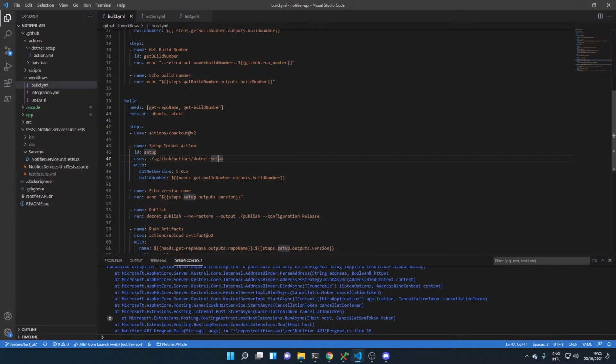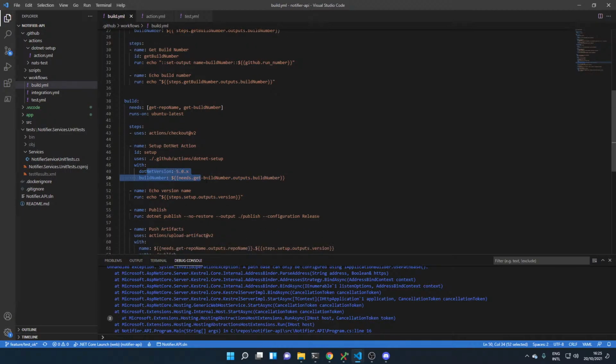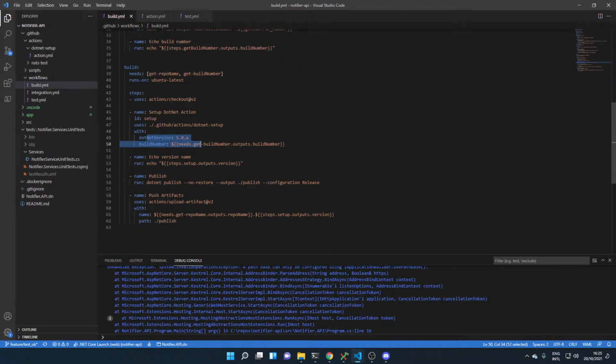So as you can see here, I'm using the build number that's coming from this dependency, and .NET version using 5.0. Then I'm building the solution and pushing the artifacts. So here I'm using an action. This is an external action. Those actions that are set to actions here are actions made by GitHub. So this one is just uploading the artifact to the